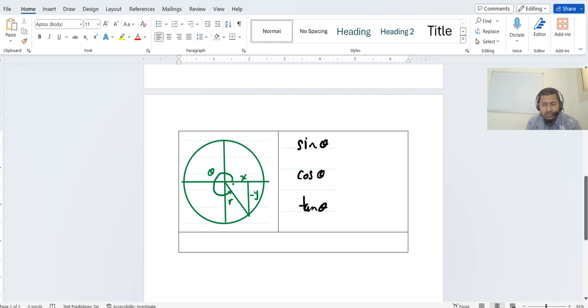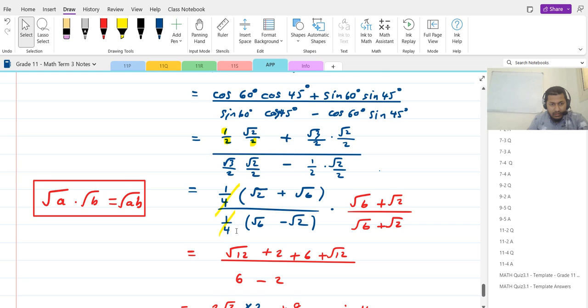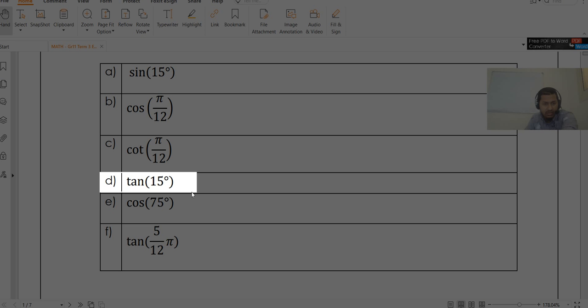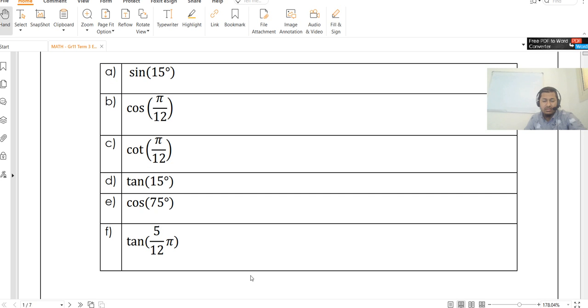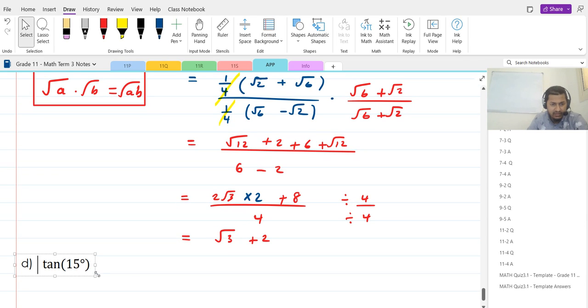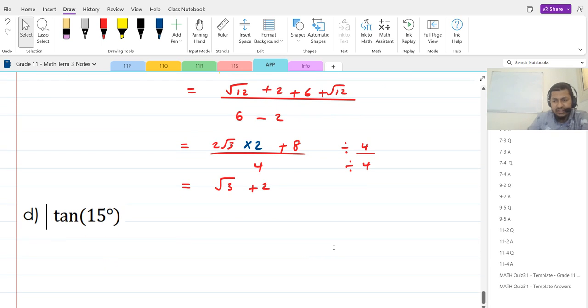So I don't need to remember formulas for sine and cos. I don't need to remember formulas for cot and tan. I can just use sine over cos or cos over sine respectively for tan and cot. Right, so continuing with these problems, let's look at tan 15. Because we did the harder one, I don't really think this will be difficult now. Tan 15. For practice, right? Tan 15 is equal to,